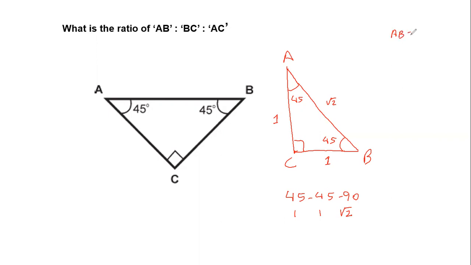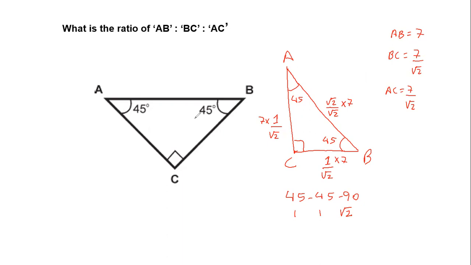So let's take an example. Suppose the side given to me is AB, which is the actual length, let's say, 7. So whichever side is given to me, I'll convert the ratio of that side into 1. The ratio is root 2. How can I convert this into 1? Divide by root 2. Now if I divide this ratio by root 2, I have to divide every ratio by root 2. So I've divided every ratio by root 2. Now the side is given to me, 7. I'll multiply all the three sides with 7. So if I know AB is 7, BC automatically becomes 7 by root 2, and AC also becomes 7 by root 2. So if I know one dimension, I know the other dimensions.